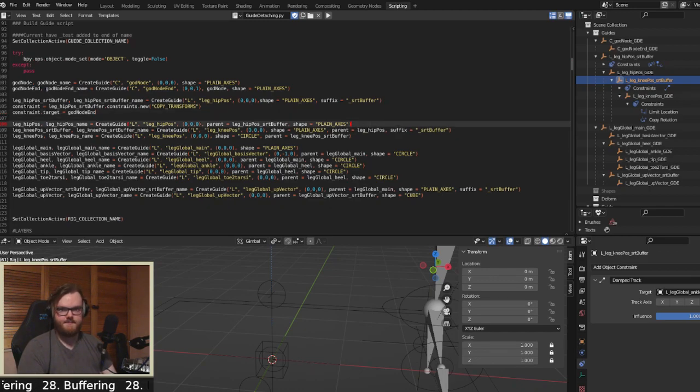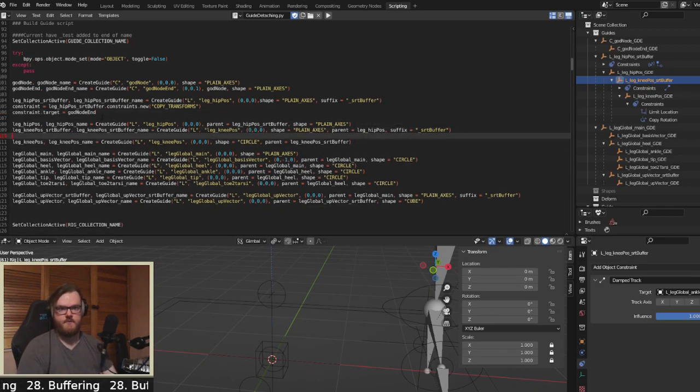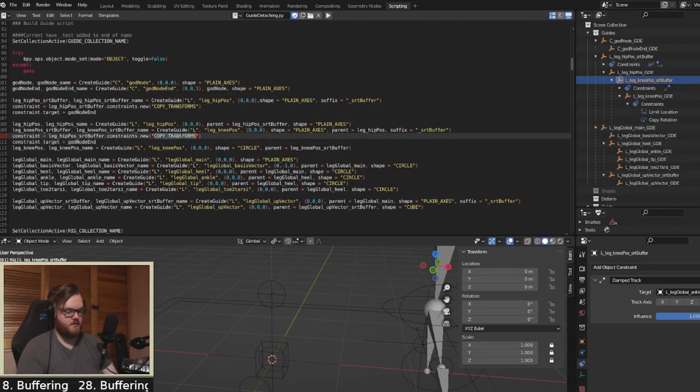So t u I assume damped. Track. Target is